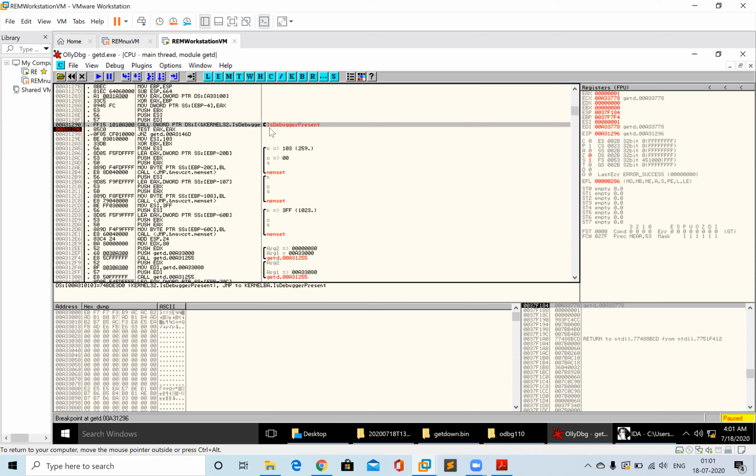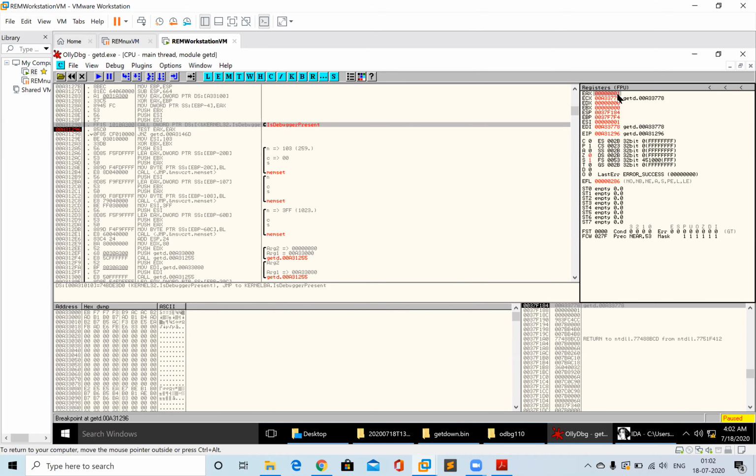If we look at the EAX register, we will see the value 1 here. This 1 will be returned only if the malware is running inside a debugger. If it was not, EAX would contain the value 0. So any questions till now? No questions.